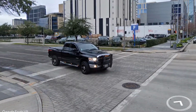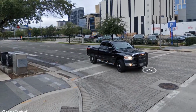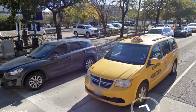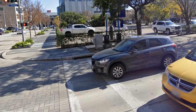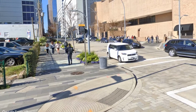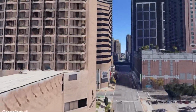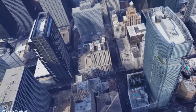Haven't found the Toyota. And a lot of these pickups. Everyone here drives a pickup. Let's go and look at pickup, police. Don't know, Chrysler? Is that a Mazda? Yeah, big cars for a big country. Except for that guy who's driving a Nissan Cube. Ooh, I thought they stopped making those because they're stupid. Let's go and have a look downtown. See if there's anything here we can...